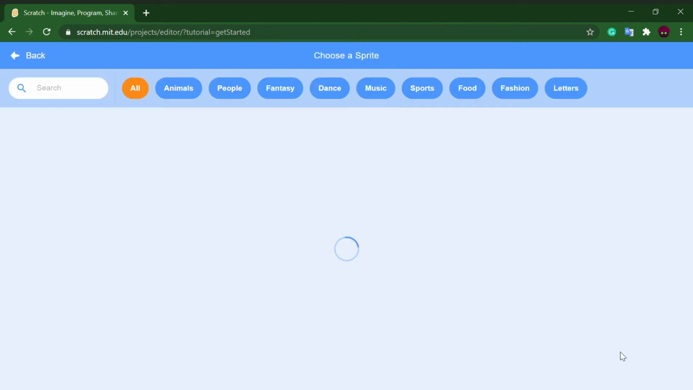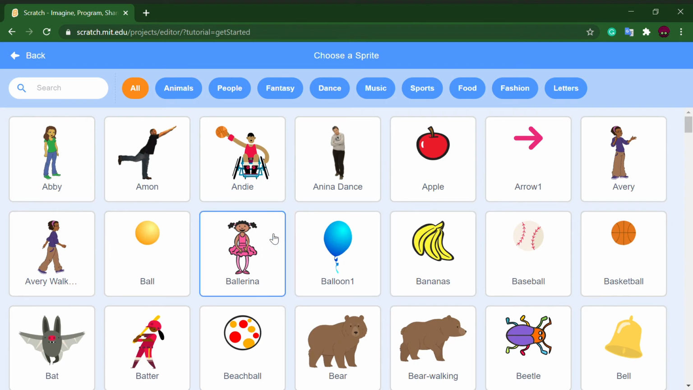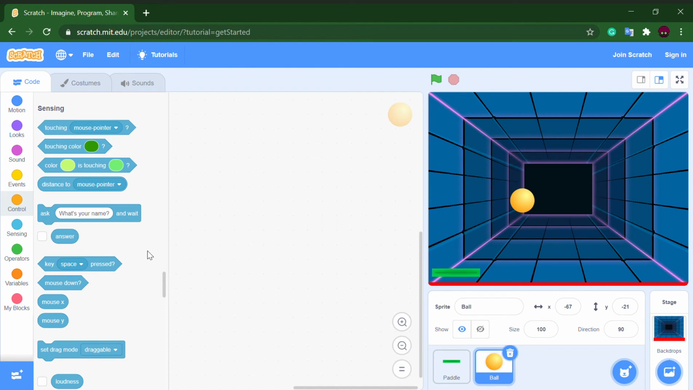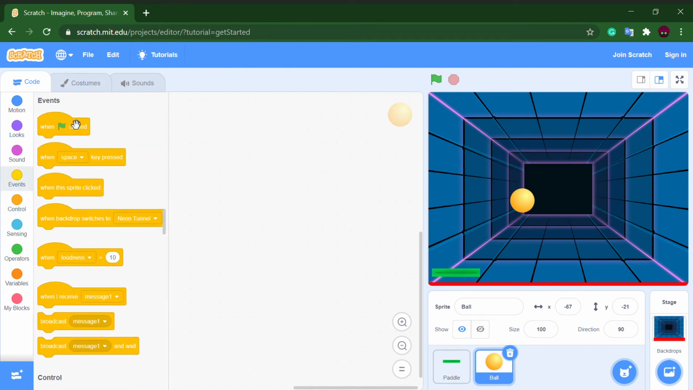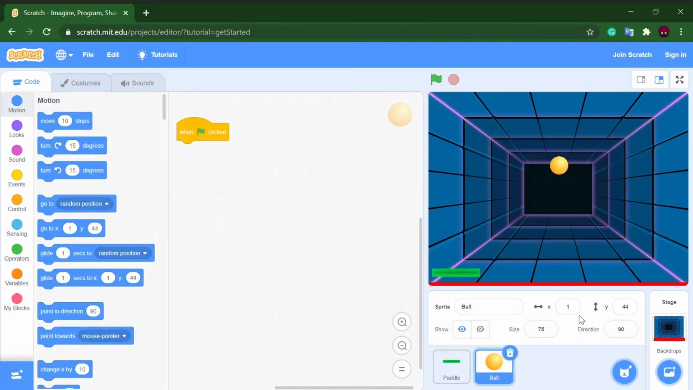Now we have to choose a ball. You can make a baseball, basketball, whatever. I just pick this one. Now what we want to do is, let's just make this a bit smaller. When green flag clicked, make this a bit higher. Go to x0 y 100,